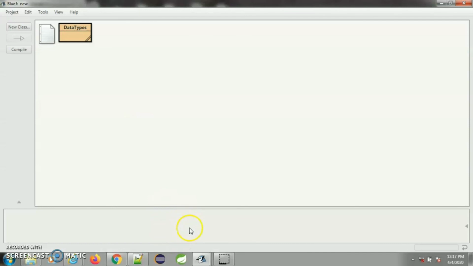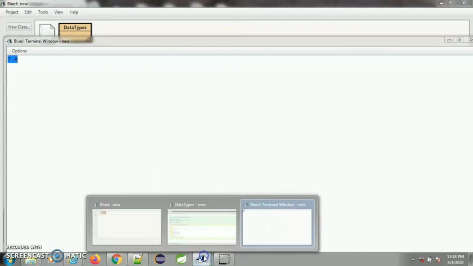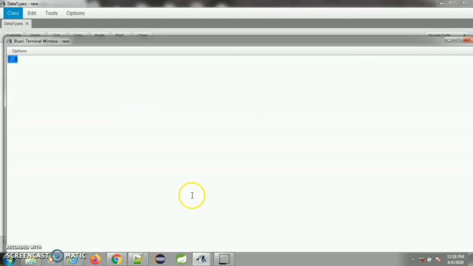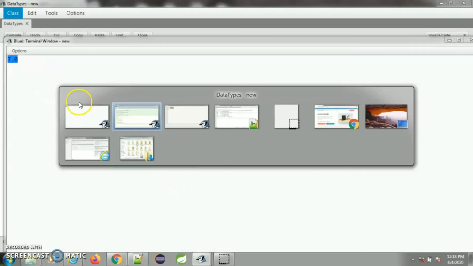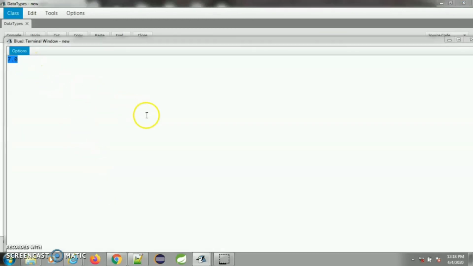Okay, now how to assign a value to a float variable we will be dealing with later, but just remember that whenever you are giving a decimal value, it is automatically getting treated as a double. Okay, so for float, as of now, just to understand, we can give 7, but when we are printing we are getting 7.0. So we can see that inside float, when 7 is assigned to vr6, it is being treated as a decimal only, because when you are printing it, it is giving the output as 7.0.